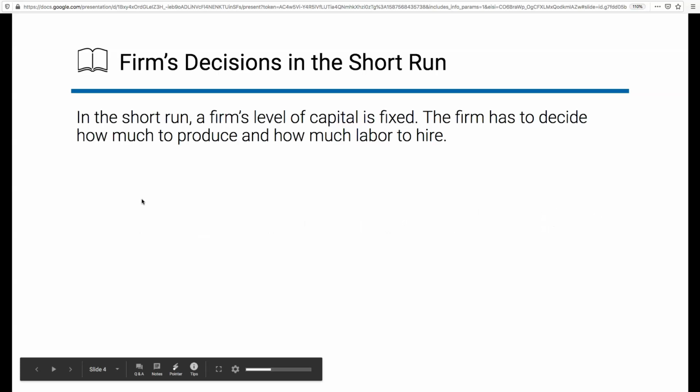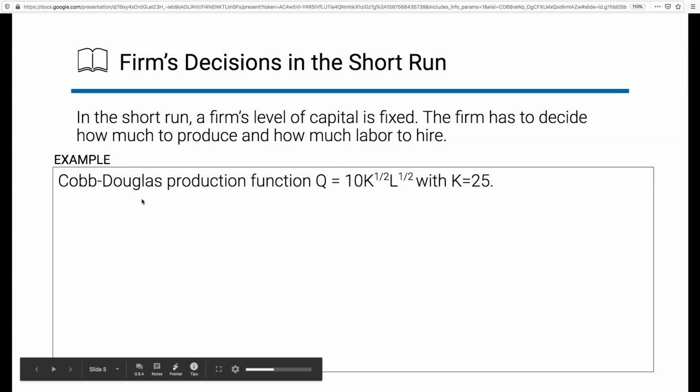You might recall in the previous video, we said that in the short run, a firm's level of capital is fixed, and the only thing that the firm has to decide is how much output to produce, and correspondingly how much labor to hire. And I'm going to revisit the example from the previous video in which we'll be using